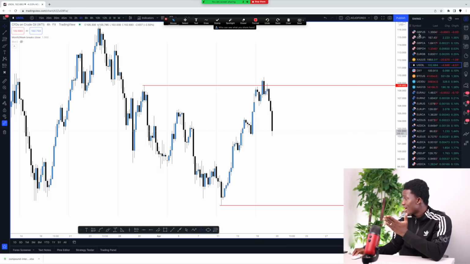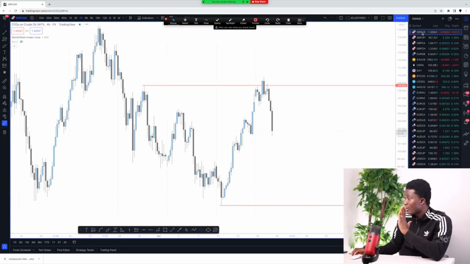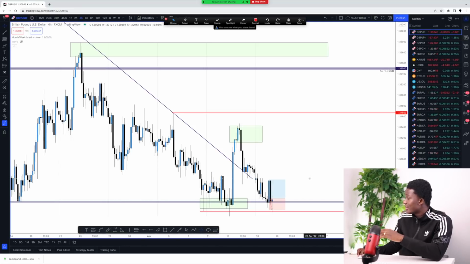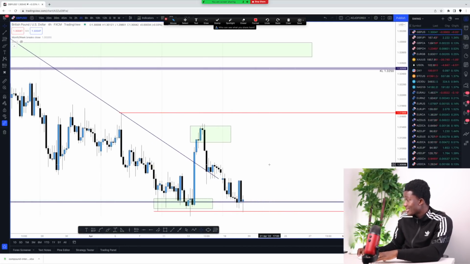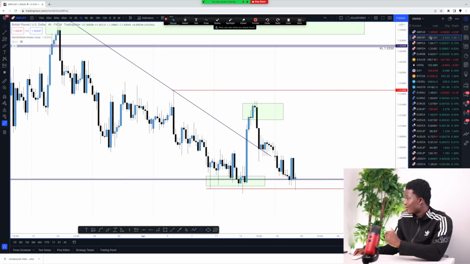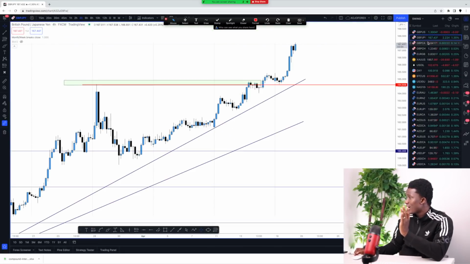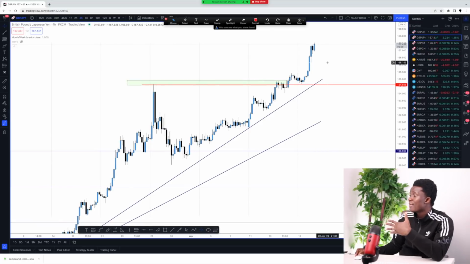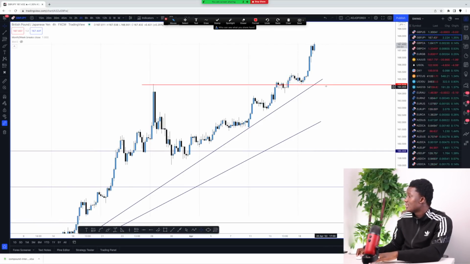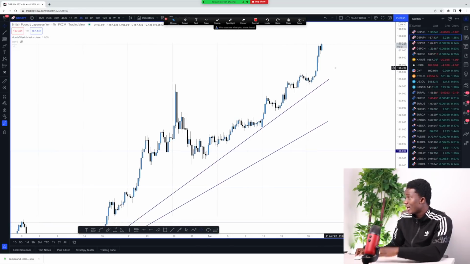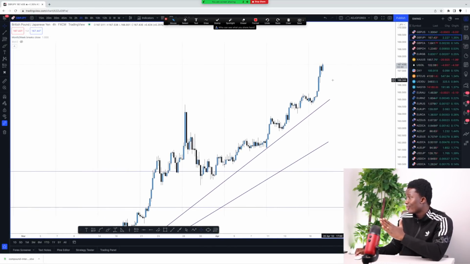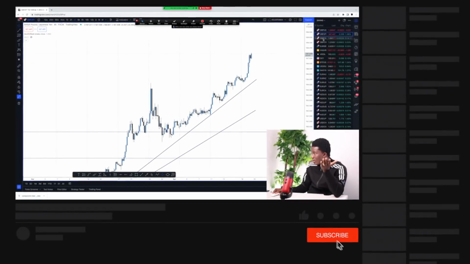So because we have barely about 3 minutes, if I have any setup on my radar, I start quickly scanning through, right? Because I know that in the next 3 minutes we're going to have the market closing. So I want to watch, okay, do we have any confirmation that's going to inspire me or trigger me to take a trade entry? We're looking at currently GBP JPY. There's nothing on it, right? It doesn't look as if we have any kind of confirmation coming in. So what do I do then? I quickly skip on it.